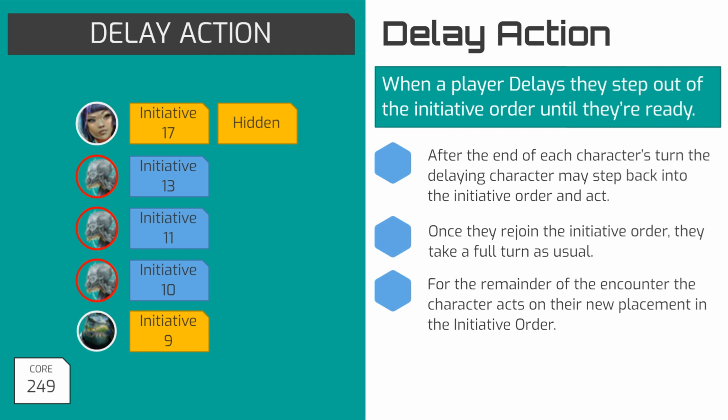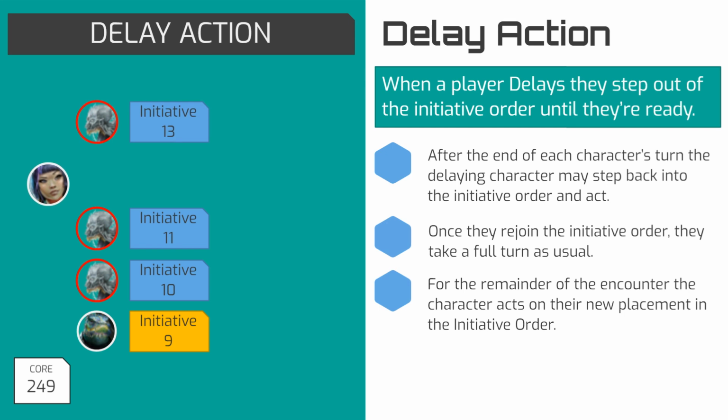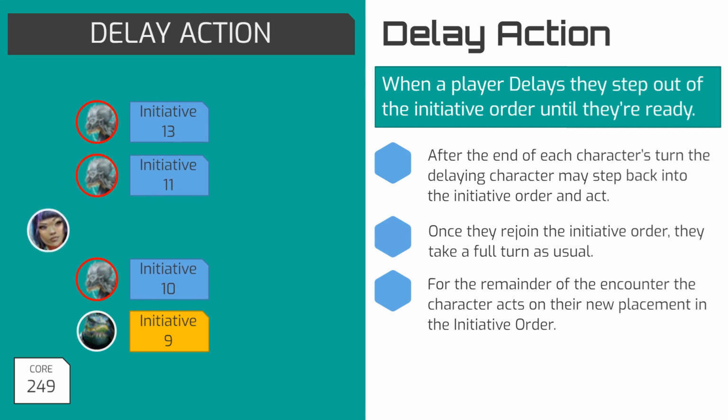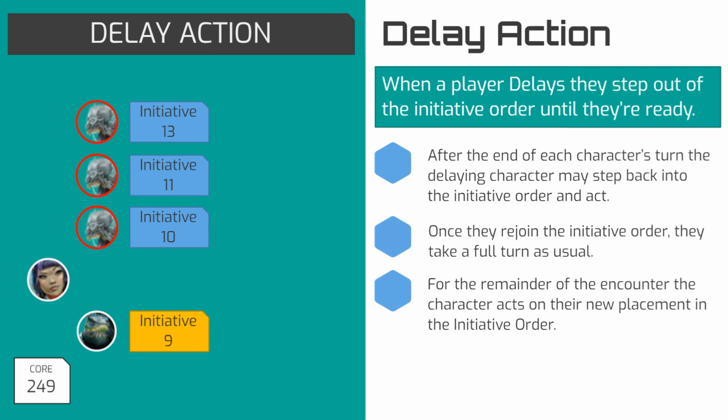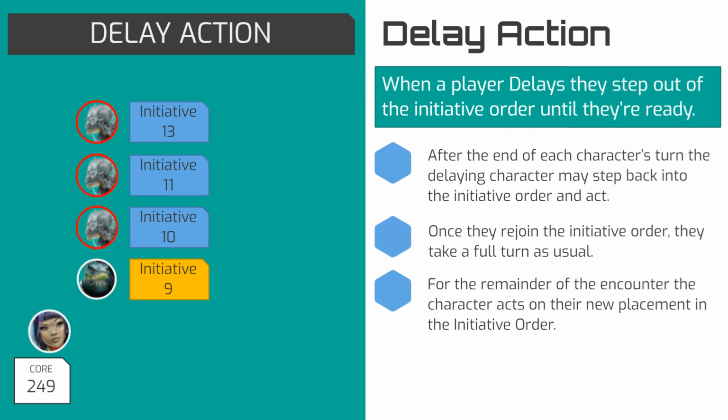So on the start of her turn, Navasi announces that she is delaying. The zombies then take their turns and attack Obo. After each of the zombie turns, Navasi could announce that she's done delaying and wants to jump back into the fight, but she decides not to and instead lets the zombies take all of their turns and then lets Obo take hers as well. At this point, Navasi announces she is done delaying and jumps back into initiative order. She gets to take her full turn. She gets to take a standard, move, and swift action, and her new initiative score is 8, right behind Obo. And she'll stay at initiative 8 for the remainder of the encounter unless she decides to delay again or take